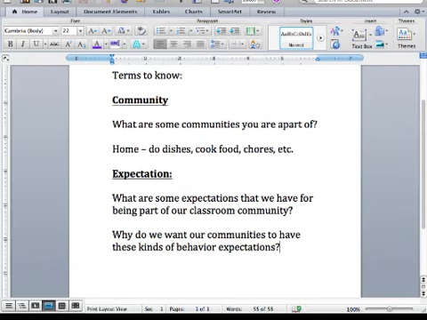Because we don't want all of our communities to get all riled up and then act bad and hurt each other and say bad things about each other and not act kind to one another. Because if we have these, we know what we should do and what is wrong and what is right. So we don't get all riled up and we don't hurt each other. So we're safe. Right. That's a great response, JR. Thank you for that.